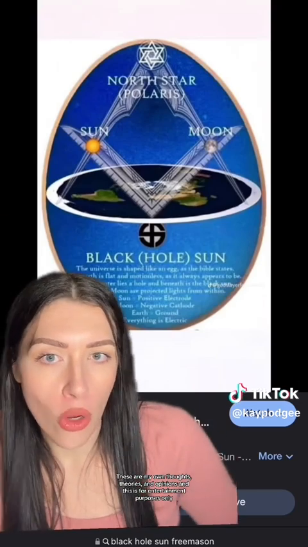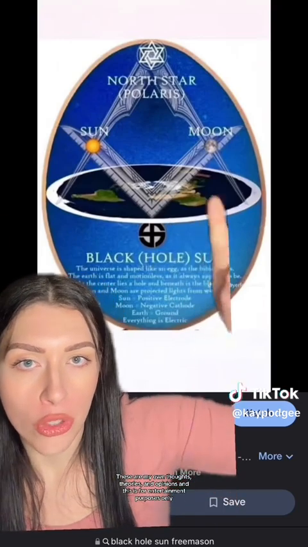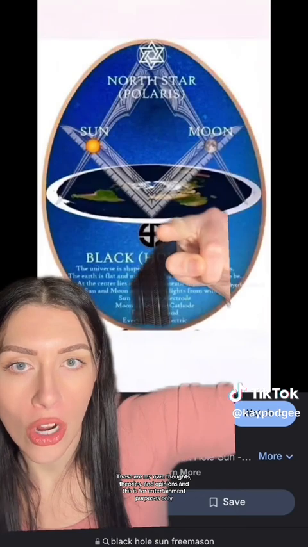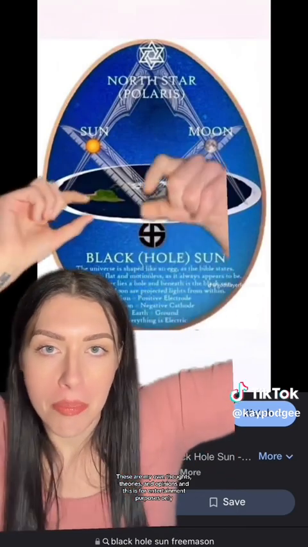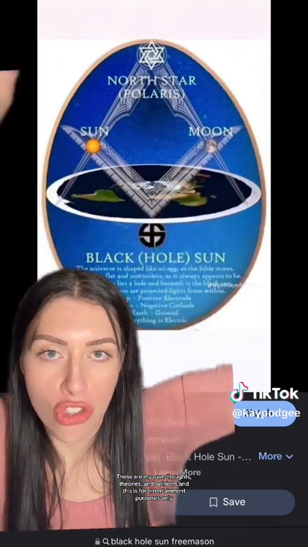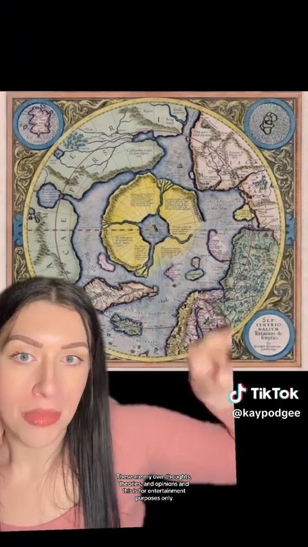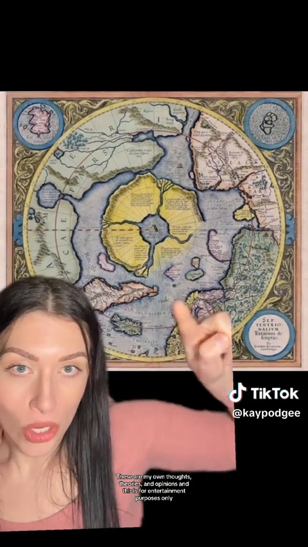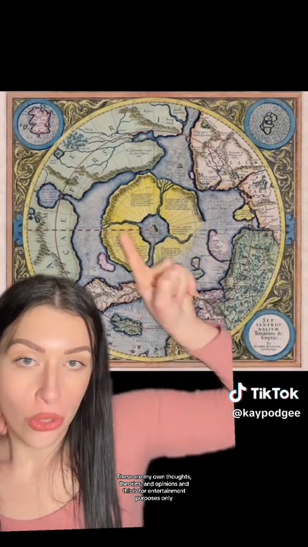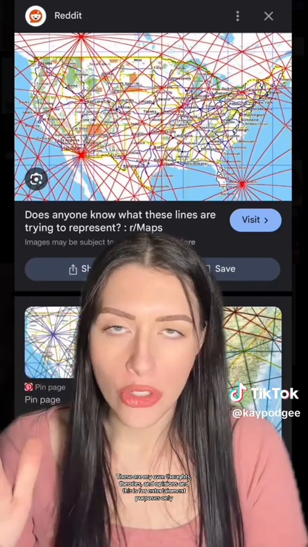which made me think of the black hole sun model that states that all of creation comes from the North Star and the black hole sun like meeting at the North Pole and then projecting all of reality outwards. So on this model, I think the North Pole would be 3, the ice wall would be 9 because that's completion, and then where we live is 6, where creation and completion meet halfway in the middle. 3, 6, 9. So a lot of us know about the ley lines.